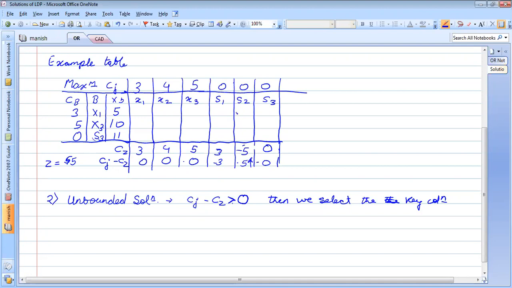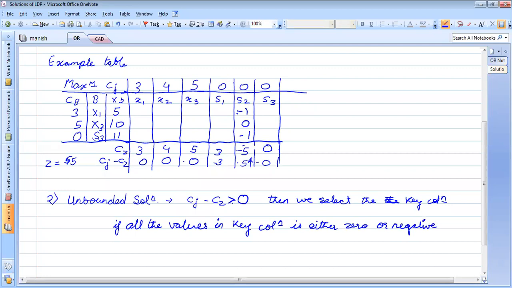If all the values in this key column are -1, 0, -1, okay, if all the values in the key column are either 0 or negative, then it is unbounded.